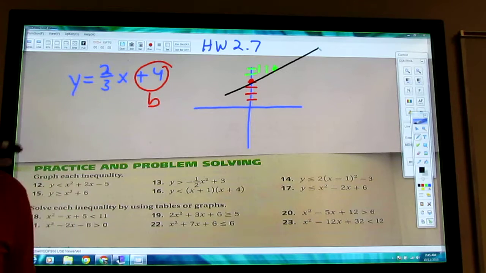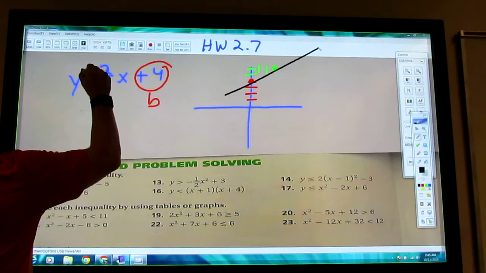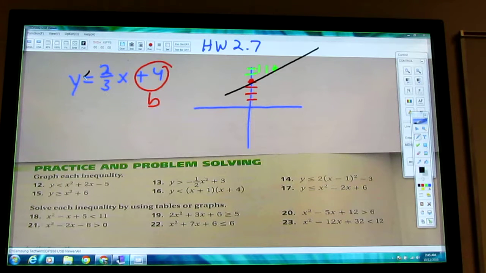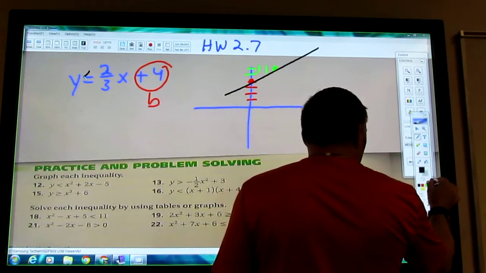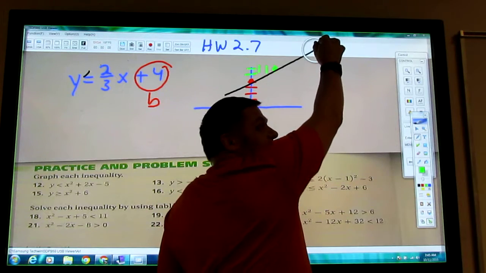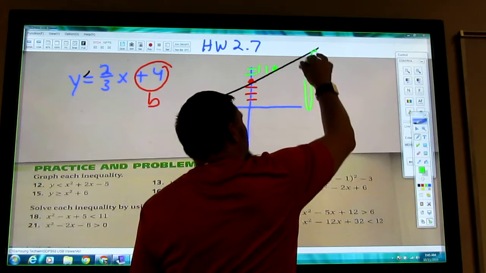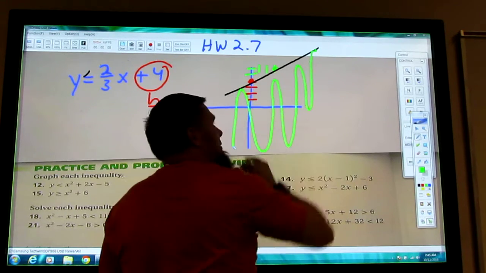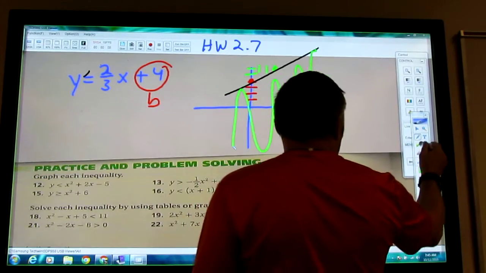Okay? And that's equals. Now if we go greater than or equal to, or in this case, sorry, less than or equal to, then all I do is put my line solid, and if it's less than, I go down and shade all of this in. And then the beautiful part is,